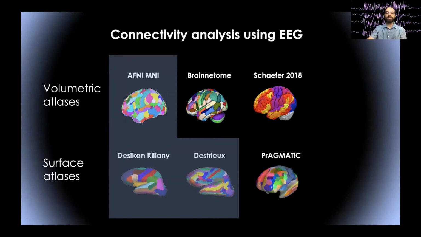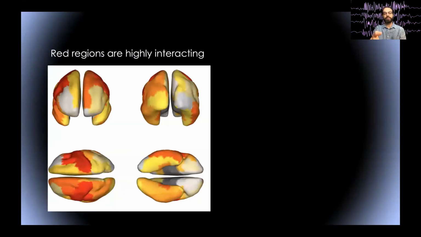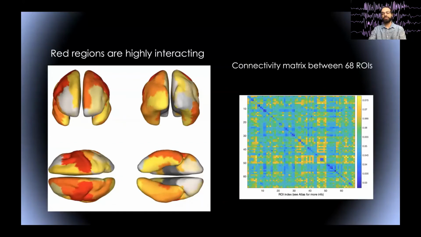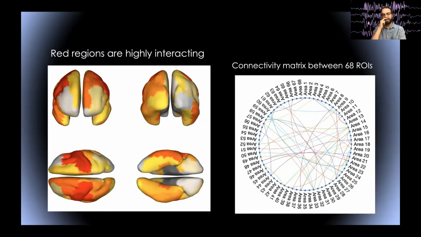And once you do that, you calculate the connectivity, and you can see, for example, which regions are the most highly interactive. And you can also do the pairwise connectivity matrix between brain regions. So here we have 60 brain regions, or you have another representation like this one, where you see which areas are connected with other areas. So this is more like a work in progress. It's actually not available in the EEGLAB plugin manager, but you can get it on GitHub. It is functional. So we're excited about using this new method, and also comparing with SIFT, because these are very